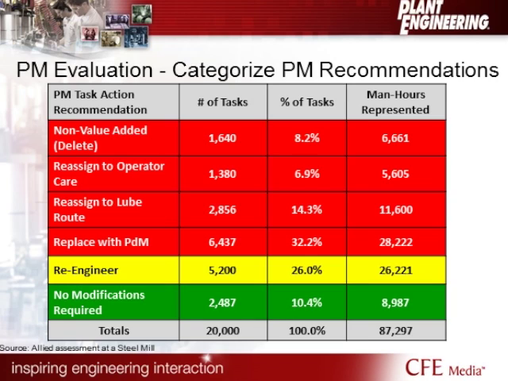About 26% needed to be re-engineered in that facility. And what we mean by re-engineering is, and you see these all the time, it's not that it's a bad task, it just doesn't have enough detail. It may say, check the pump, check the motor, check the gearbox, check the belts. But what am I checking it for? And it goes back to our conversation a few minutes ago. What failure modes specifically am I looking for in each of those areas?